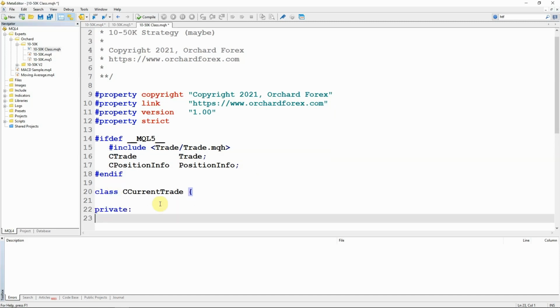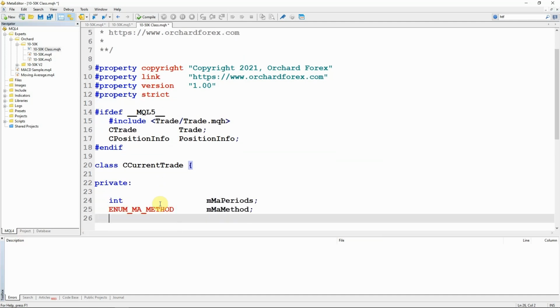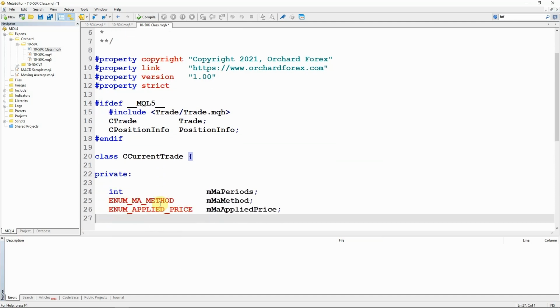So first I'm going to create some private variables that are used only inside this class, and mostly these are going to be holding the values that were passed into the constructor. So the moving average variables, I've got the periods, the method, and the applied price, and all my variable names are fairly consistent. So MA periods is the number of periods for the moving average.